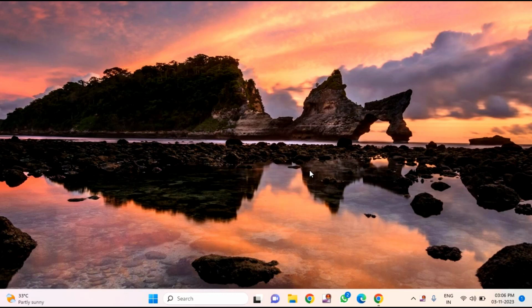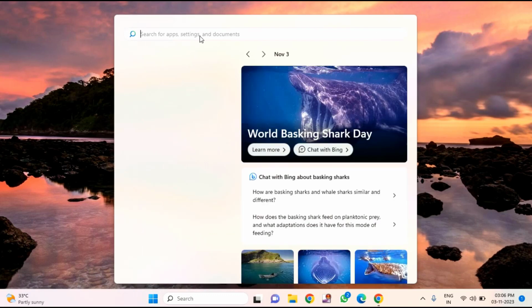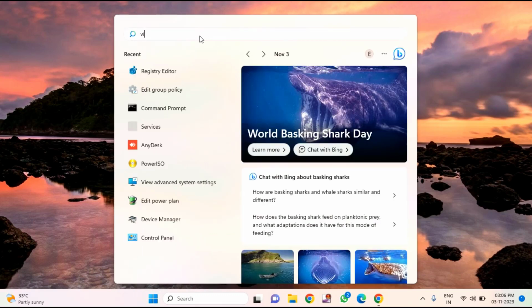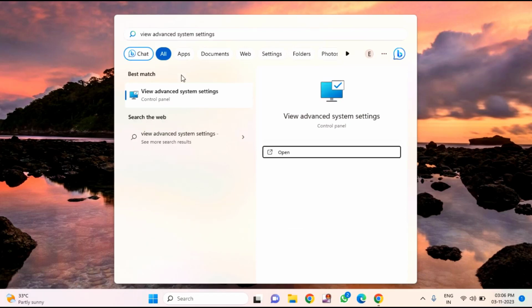Let's start the video. Guys, if you want to disable the option choose your operating system while starting your PC or laptop, then I'll show how to disable this option. You just need to click on start menu, then type here advanced system setting. You can see here view advanced system setting. Just click on this,